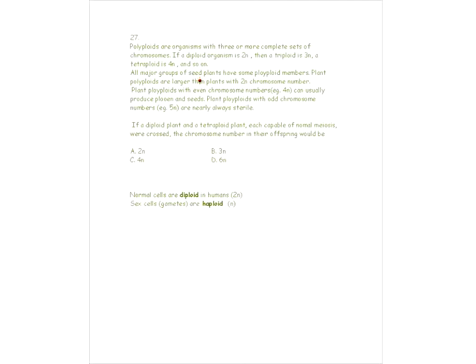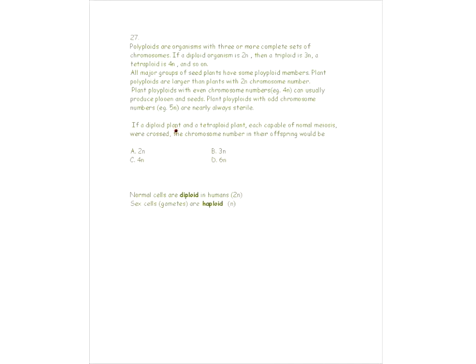All major groups of seed plants have some polyploid members. Plant polyploids are larger than plants with 2N chromosome number. Plant polyploids with even chromosome numbers like 4N can usually produce gametes and seeds. Plant polyploids with odd chromosome numbers, for example 5N, are nearly always